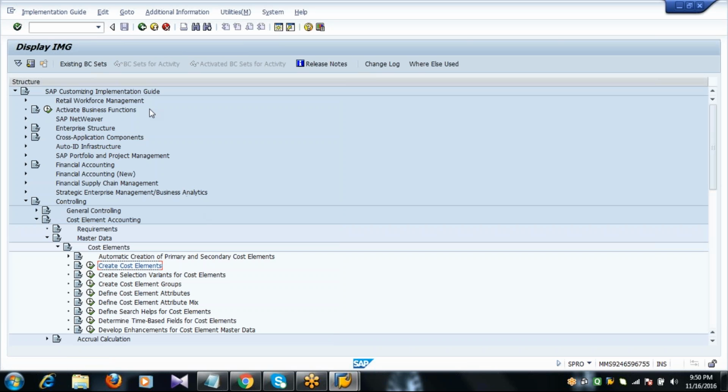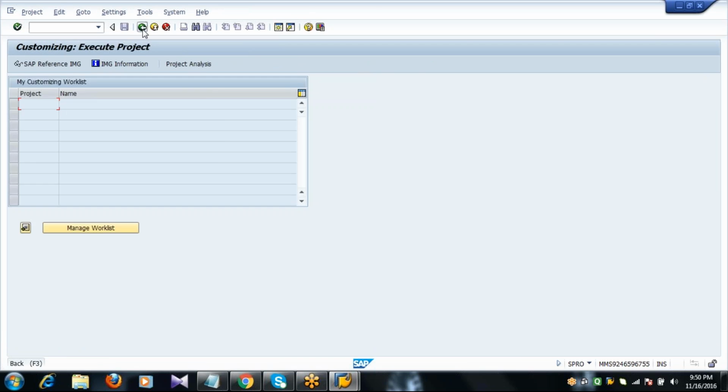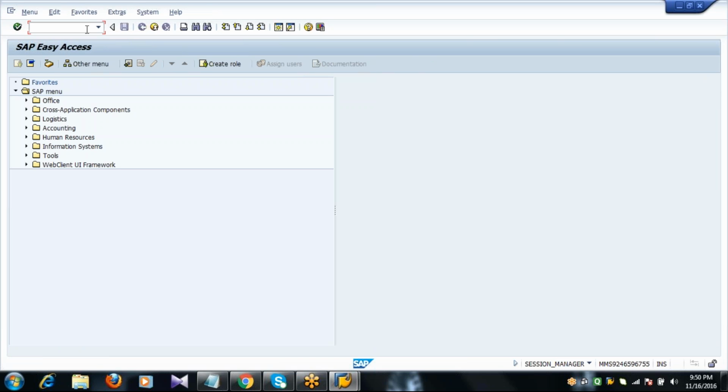These two parameters are required from our side, and that's the reason we have done all these settings. Without these settings, you cannot create a cost center and cost element directly. First we need to create a controlling area, assign the company code to the controlling area, activate the components and control indicators, and maintain the number ranges and versions.